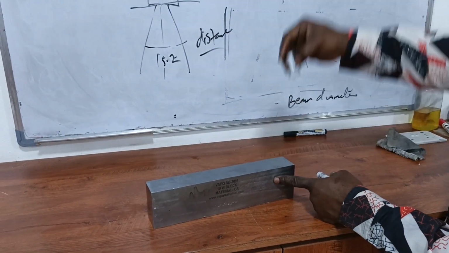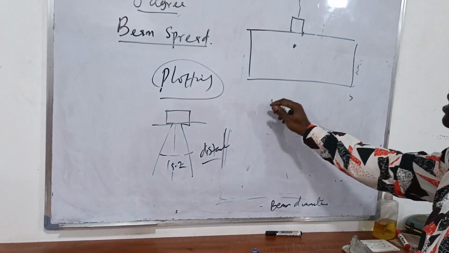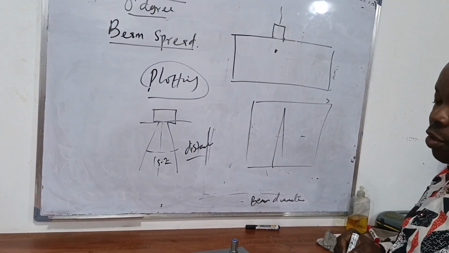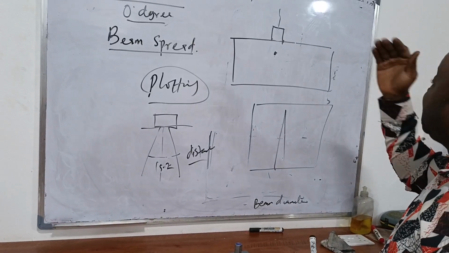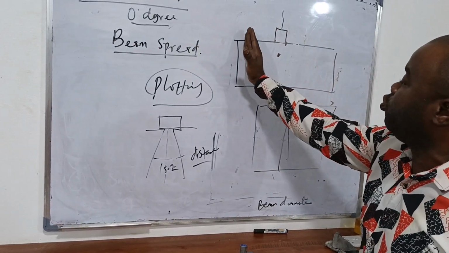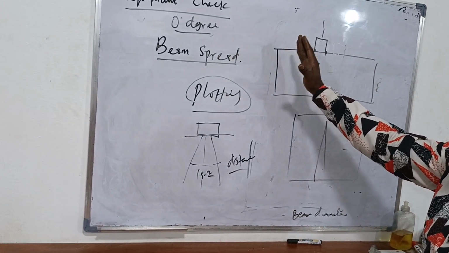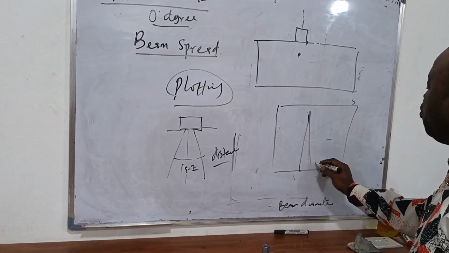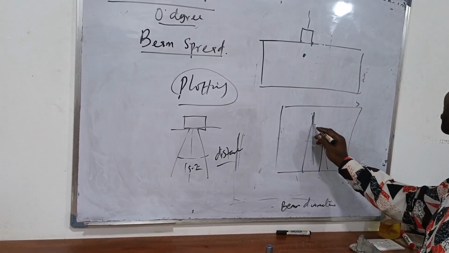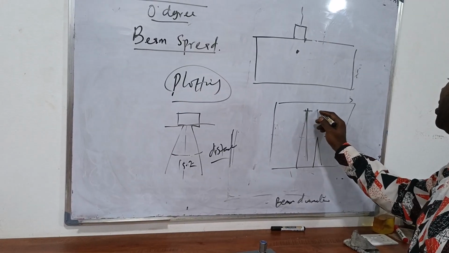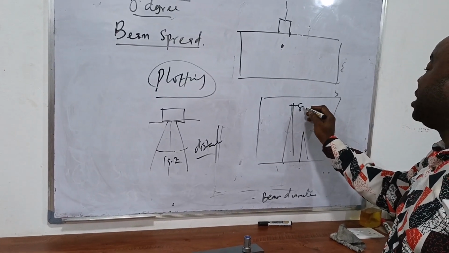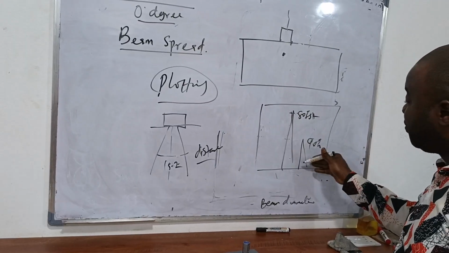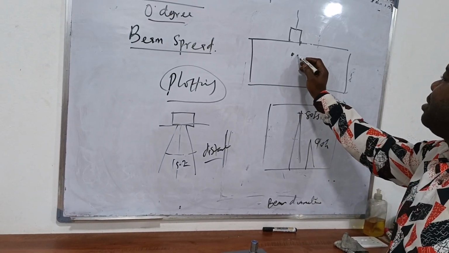At the center, I will be getting the maximum echo height. And we're told that when you move your probe to either direction, left or right, this maximum echo drops down to 50%. So if it's at 80% FSH and it drops down to 40% FSH, which is 50%, that is